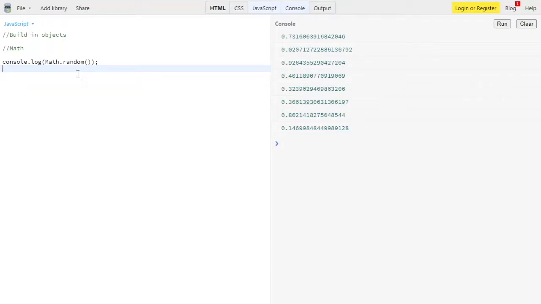So I just want to multiply it by 10. We have Math.random over here, multiplied by 10, and then Ctrl+Enter. As you can see, you are getting 3.98, something like that. You can also check over here.